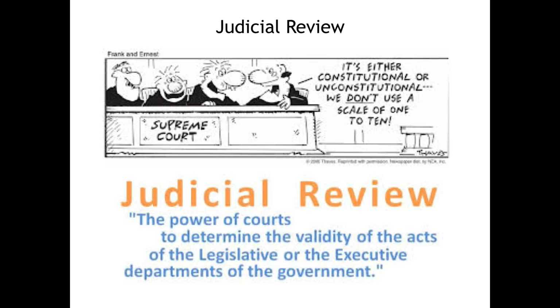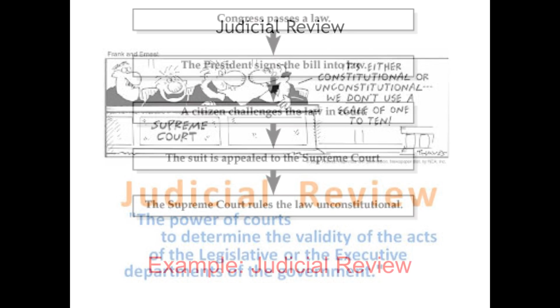So right now the Chief Justice is John Roberts. The person who joined the court last is Elena Kagan. So Elena Kagan is the one taking notes until a new one comes along, and then she can give up the note taking to the youngest serving, or the least serving justice, at least as far as years go. So judicial review simply is the power of the courts to determine the validity of the acts of the legislative or the executive departments of the government. Very simple, but very, very powerful.